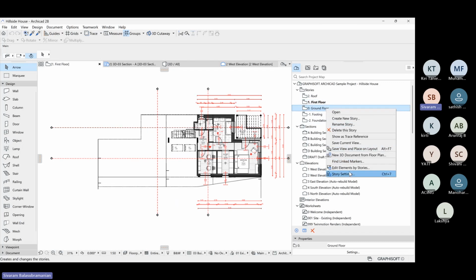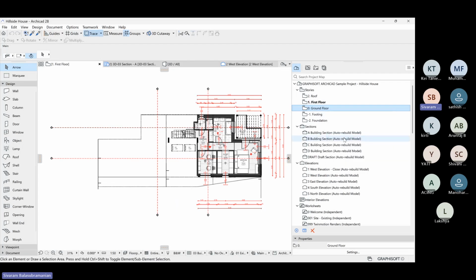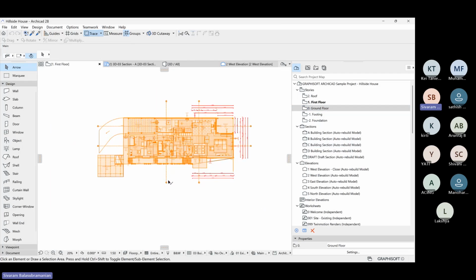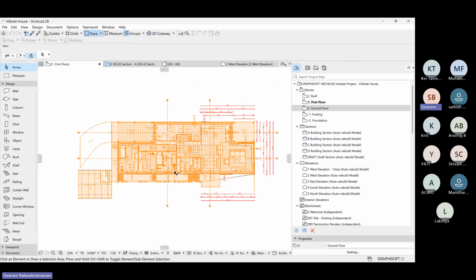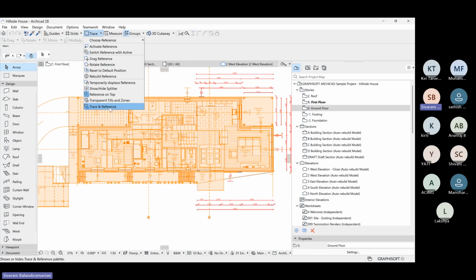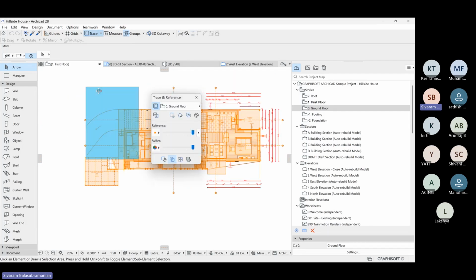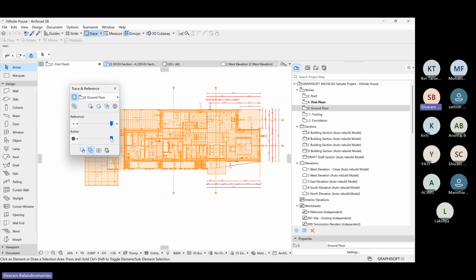I'll just right click and then do show as trace reference. So now it basically gives me the reference of what is down there below, and then I can also bring the trace and reference parameter down here, and I'll adjust my active window a little bit and the reference also down,